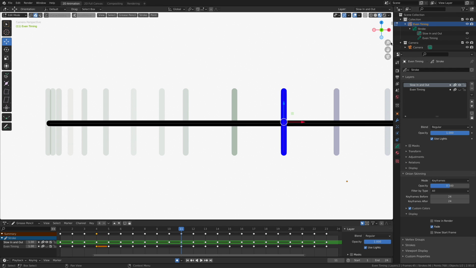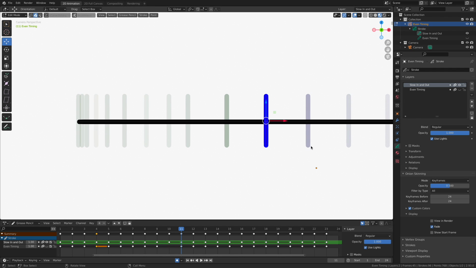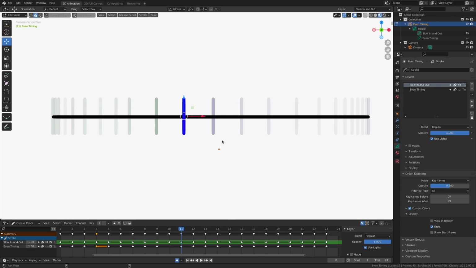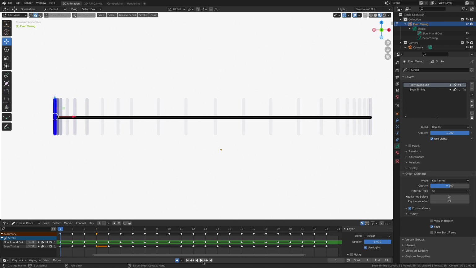Okay, let me zoom out just here a little bit. And if we zoom, there we go, something like that. Now, let's return to the beginning of the playhead. And now you can see it. Slow in the beginning, fast in the middle, slow at the end. This is an idea that can be superimposed upon so many animations.